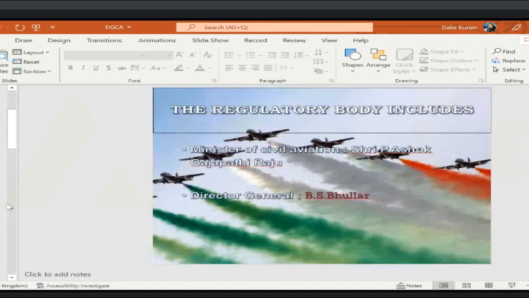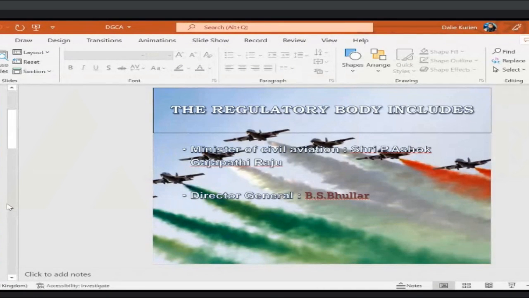Then the regulatory body is Mr. Gajapati Raju, Minister of Civil Aviation, and the Director General is Mr. B.S. Bhullar. I'm really sorry, I didn't change this. It is not B.S. Bhullar, he was the last one. It is Ms. Satyavati now. It's a woman who is taking care of